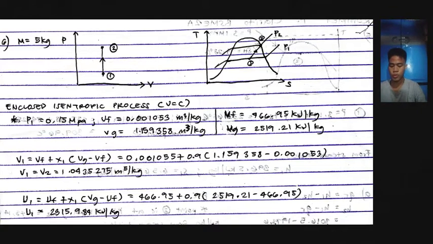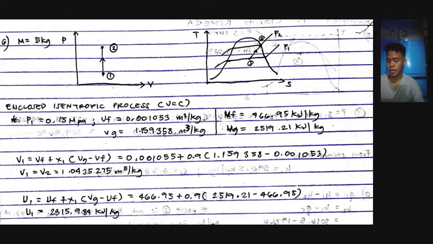Our given value P1 equals 0.15 megapascal, Vf equals 0.001053 meter cube per kilogram, Vg equals 1.159358 meter cube per kilogram, while Uf equals 466.95 kilojoule per kilogram. And next, Ug equals 2519.21 kilojoule per kilogram. So our formula for that,